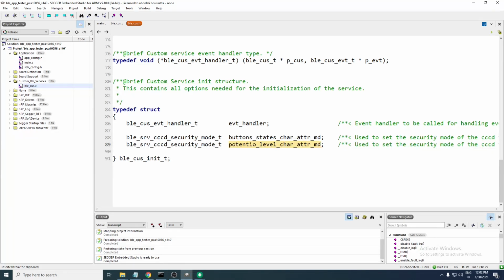this CCCD, which is the client characteristic configuration descriptor. And to allow it to write to this CCCD, you need to add a security mode. And this security mode will be set to open, so it can write to it. Good. Next,